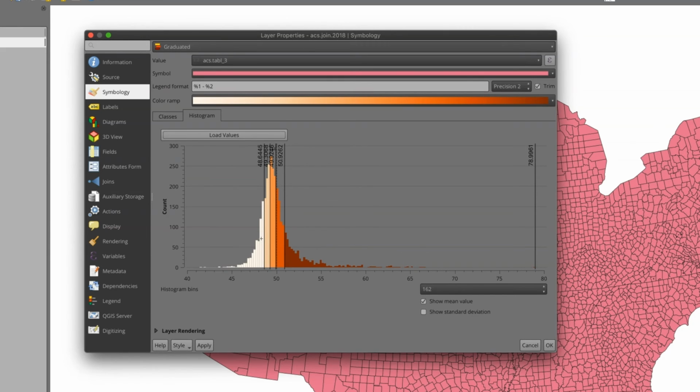Okay, so what it's telling us is that we go from the first value in the data set to the first break, which is at 48.64, and it's showing us all the values that fall within that first break. Then we have the second one, the third one, the fourth one, and the fifth one. So we can see the distribution of our data within each one of the breaks. And so with this particular method, what we're doing is we're creating groups of equal number of values. Okay, so we say apply